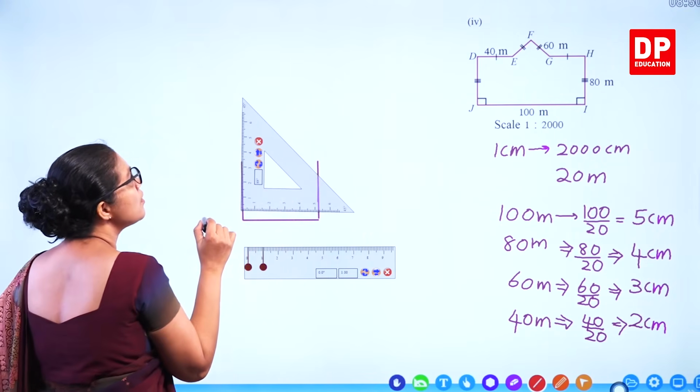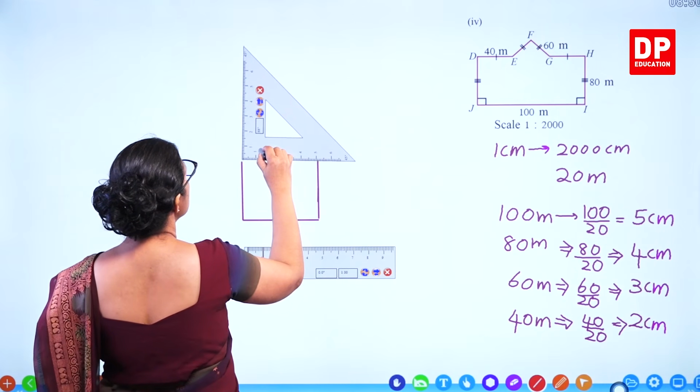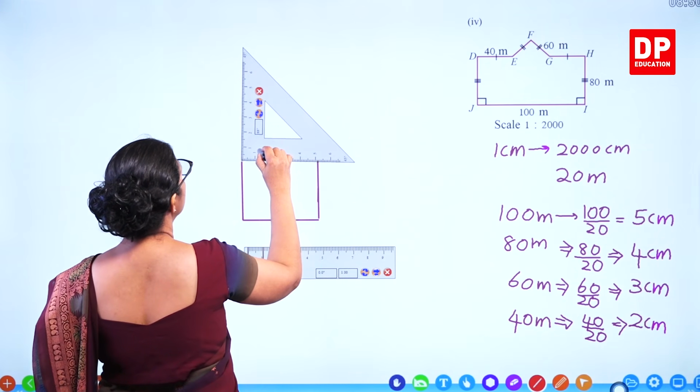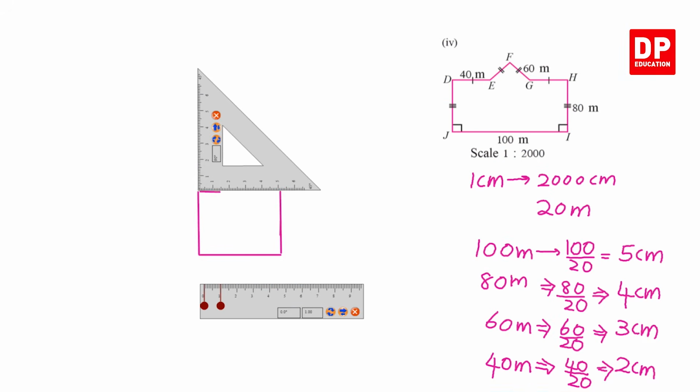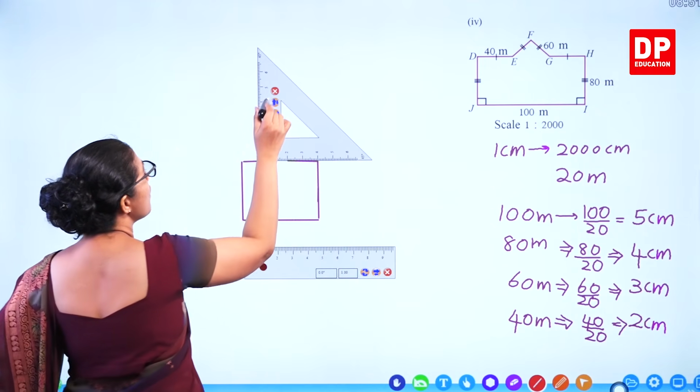And now you need to draw 4 centimeter length from here. 2 centimeters from here. And we'll measure from here also 2 centimeters to this side. 1, 2. Here to here. Now you have to draw the